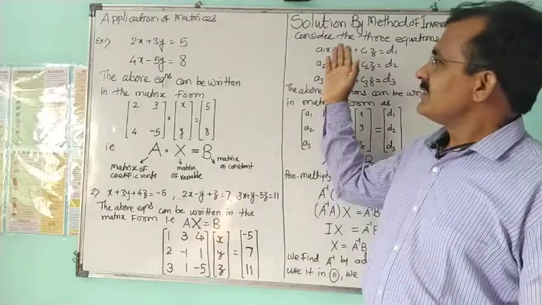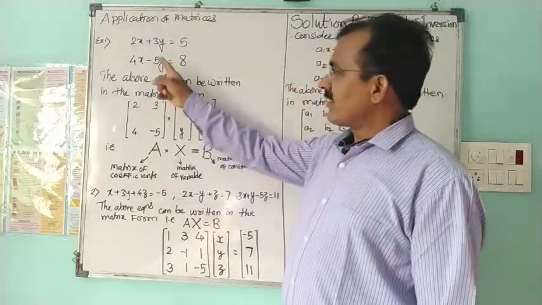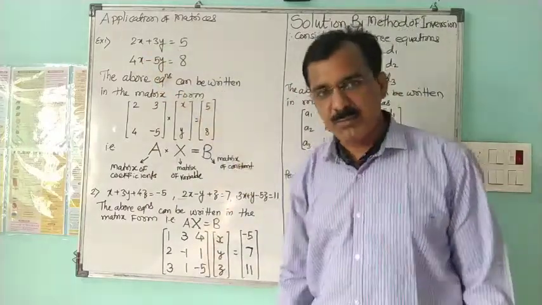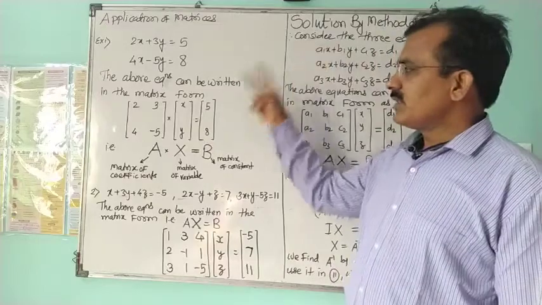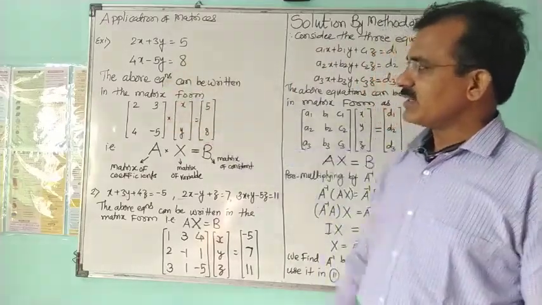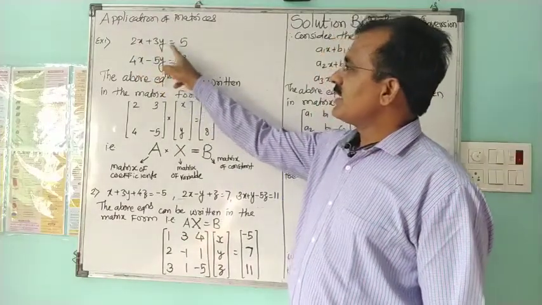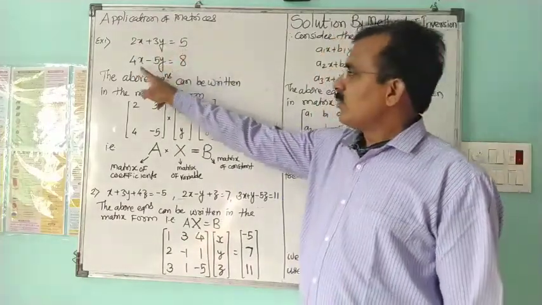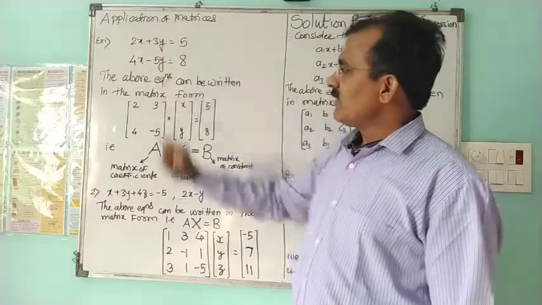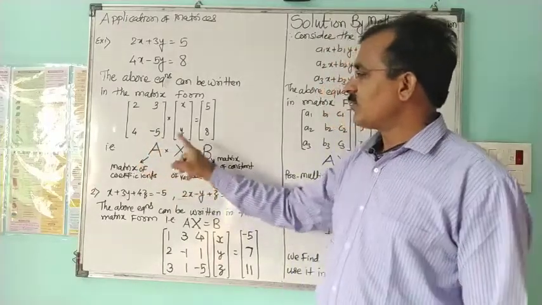Before discussing the actual method of solving the equation, we will discuss how to write the given equation in matrix form, because in both the methods we require this concept of writing equations in matrix form. So let us consider first equation: 2x plus 3y is equal to 5, 4x minus 5y is equal to 8. Then these two equations we are writing in the matrix form as AX is equal to B, where